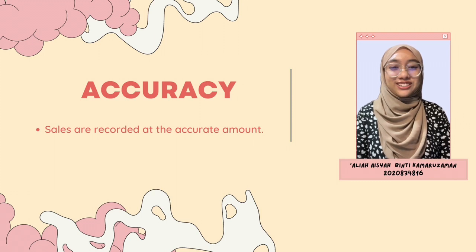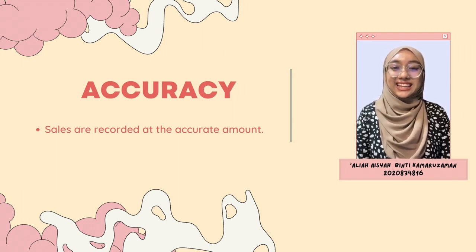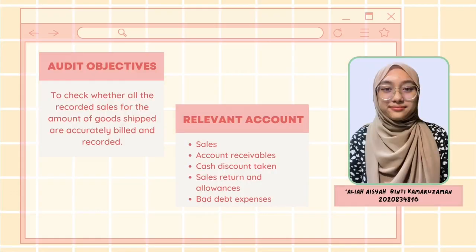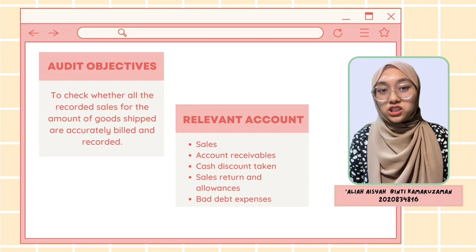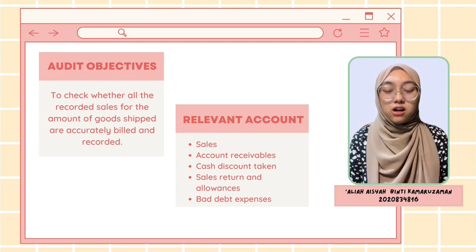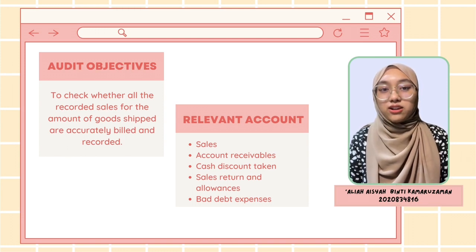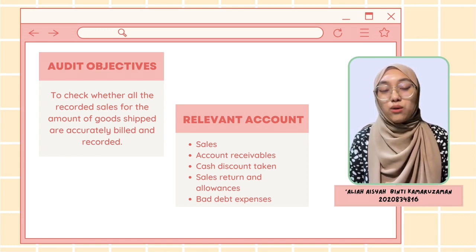Now, let's move on to the third section in sales, which is accuracy. The accuracy is sales are recorded at the accurate amount. The audit objective is to check whether all the recorded sales for the amount of goods shipped are accurately billed and recorded. There are 5 relevant accounts, which are sales, account receivables, cash discount taken, sales return and allowances, and